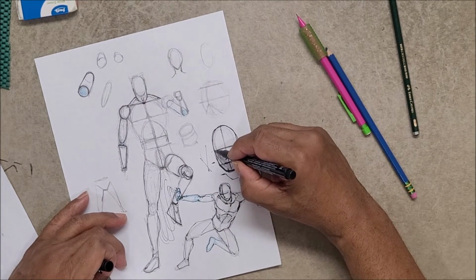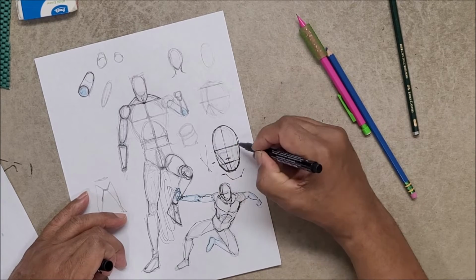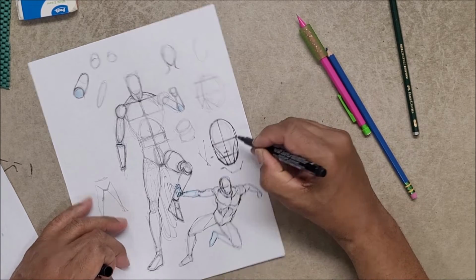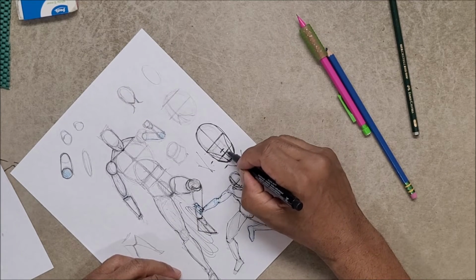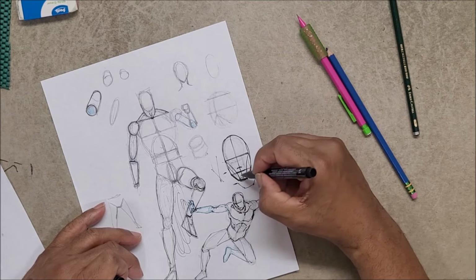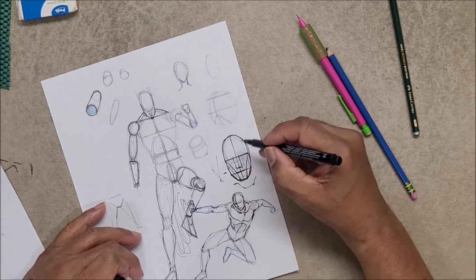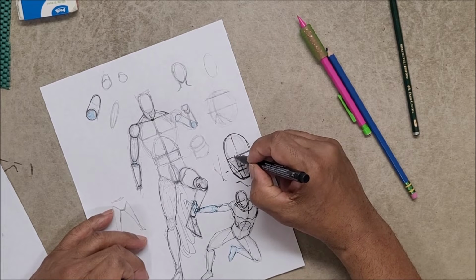So what I do is I take from this point of the eye line and that point, and I curve this in. I curve that in like that. So that right there tells me how long my mouth is going to be, and it gives me the defined shape of the chin. So whatever size your nose is, if you come straight up, this is going to be on the